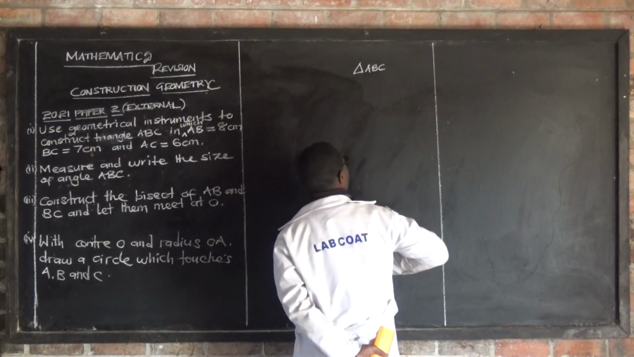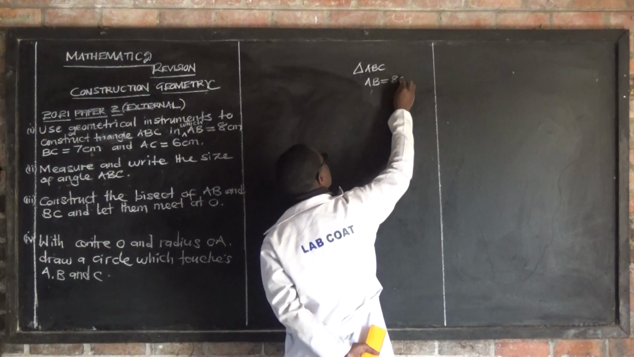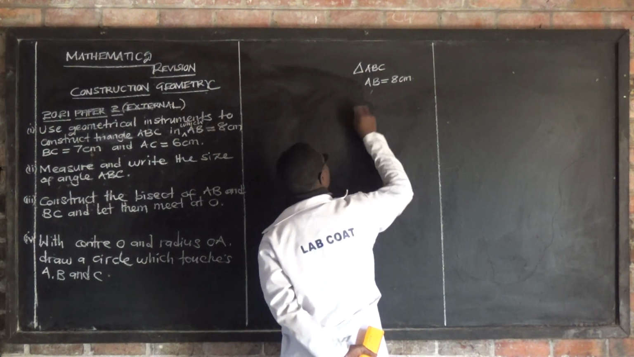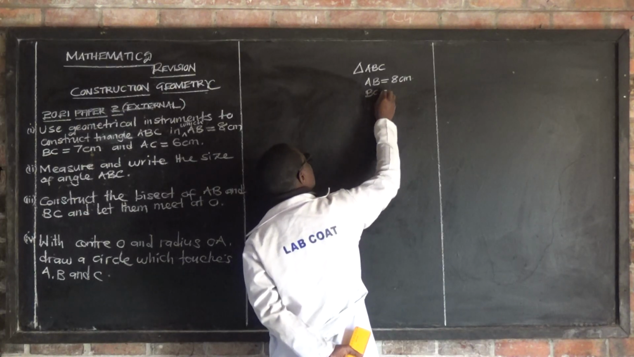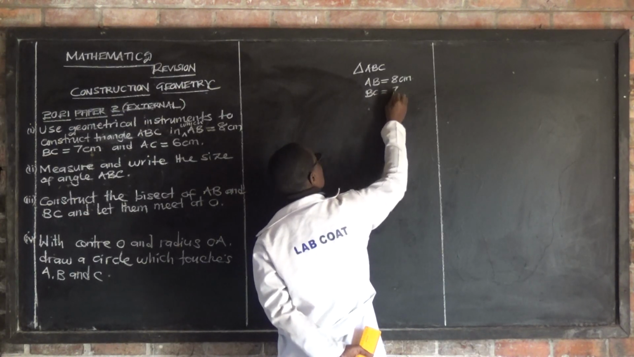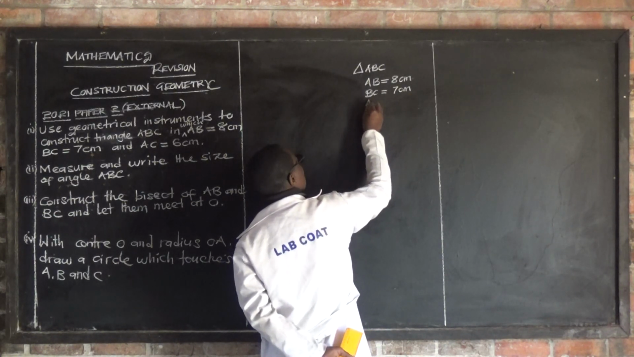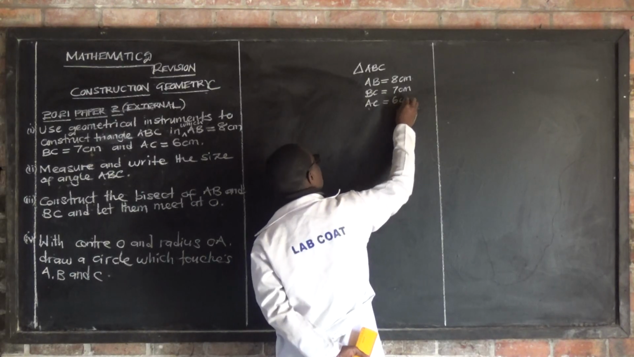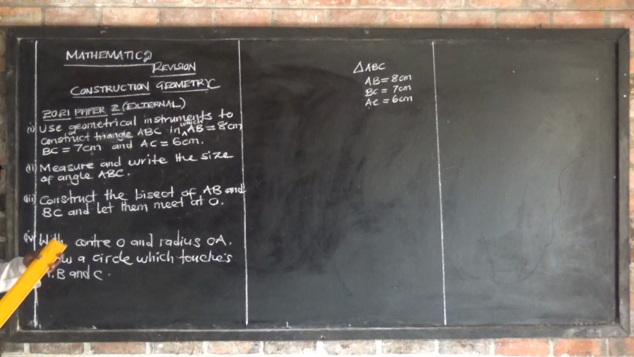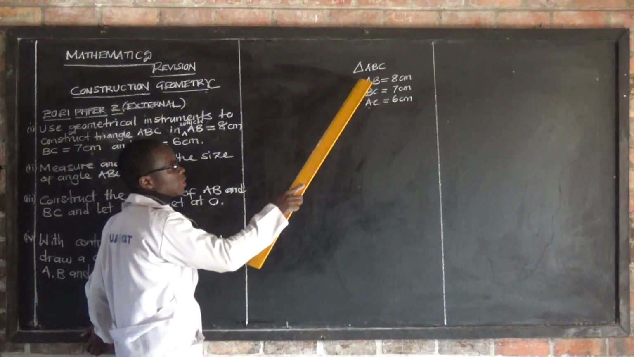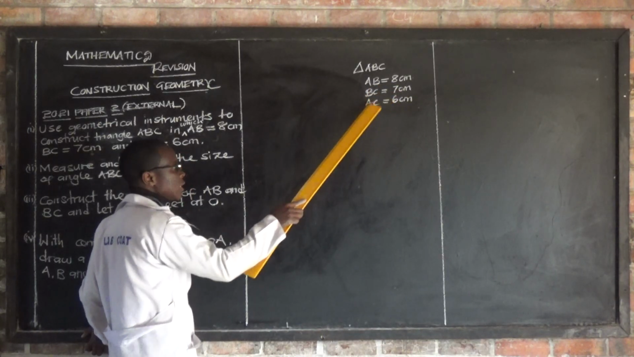So they want us to come up with a triangle ABC, are we together, in which AB is equal to 8 centimeters, then BC is equal to 7 centimeters, and AC is 6 centimeters. So let us come up with this triangle. Triangle ABC, in which AB is equal to 8, BC is equal to 7, and AC is equal to